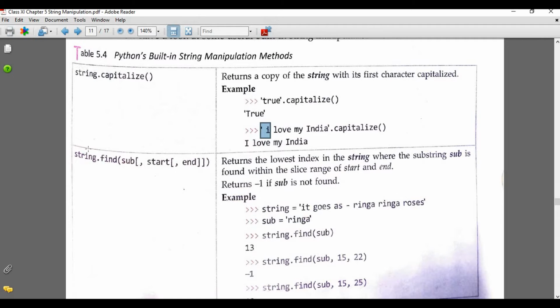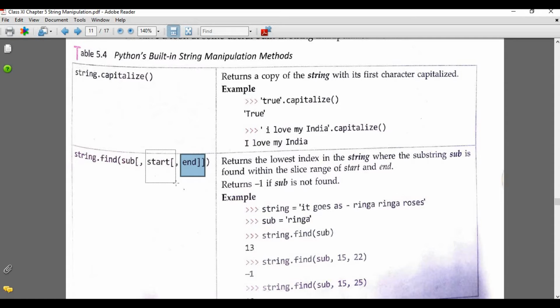Next method is find. Here you have to write the string object dot the name of the method, which is find, then sub comma start comma end. Sub means the substring which you want to find in the main string.